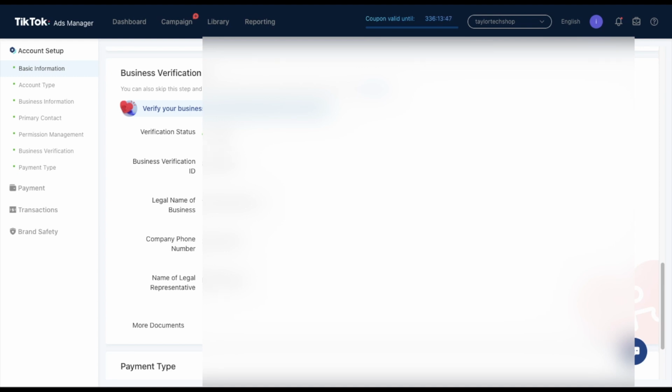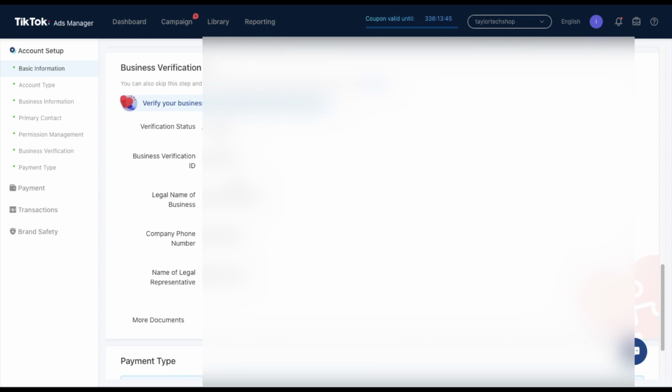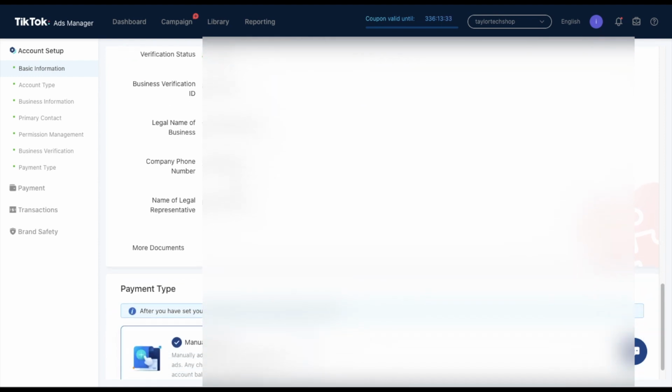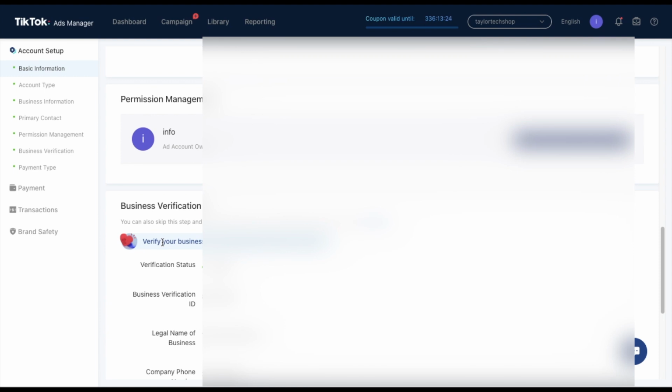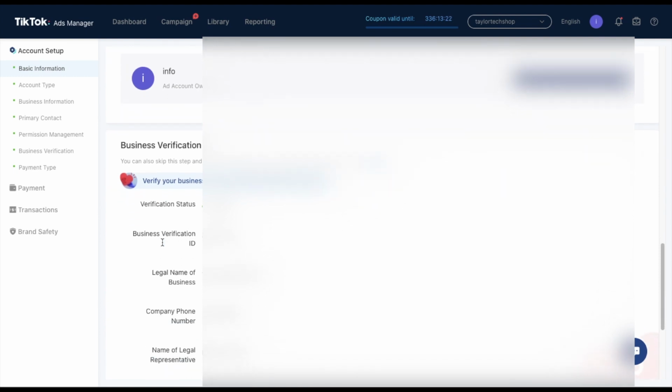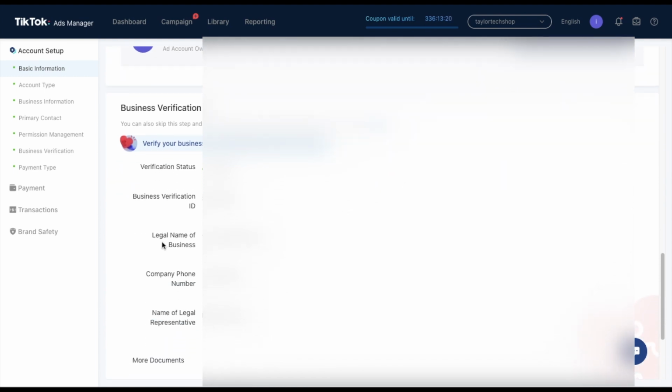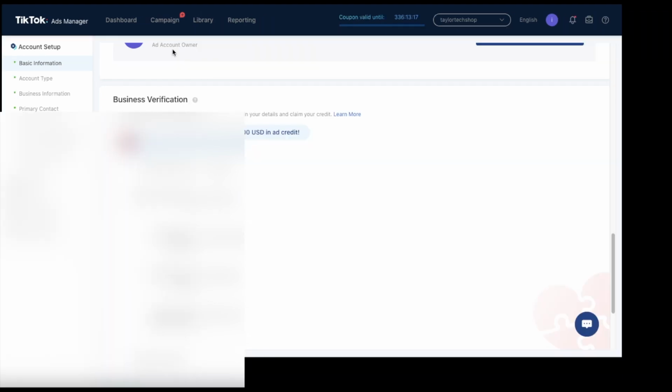So once you submit that information, they're going to email you right away saying that your business verification was declined. Yeah, I got that email and I was like, what? Like, I didn't even do anything. But basically after 5 minutes, they emailed me again and said it was approved. So I didn't have to upload any additional documents or anything, so don't do that. But once your business verification has been approved, you will then go back to your dashboard